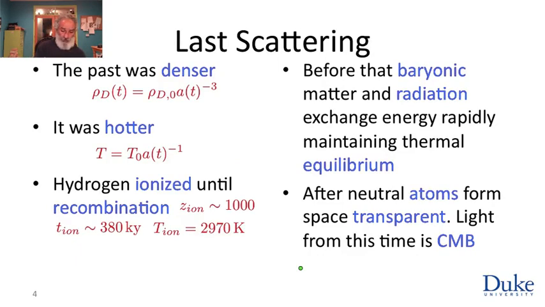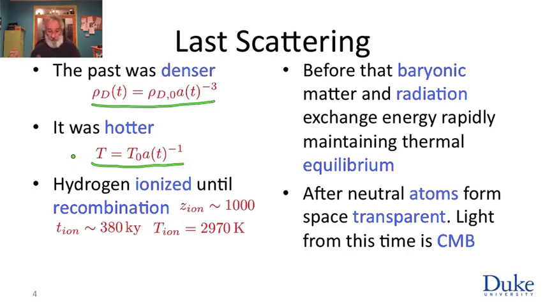We need to remember that the past of the universe was denser, of course, as density scales. So when A was very small, the universe was a dense place. It was also hotter. Today's universe is relatively cool. The cosmic microwave background corresponds to about 3 degrees Kelvin. But when A was very small, remember, in the past, temperatures were higher. So at small values of A, we had high-frequency, short-wavelength photons